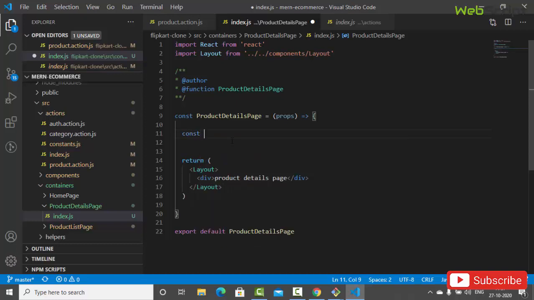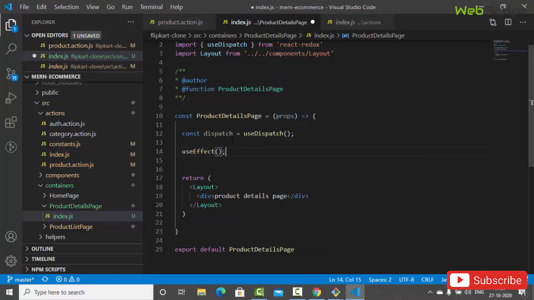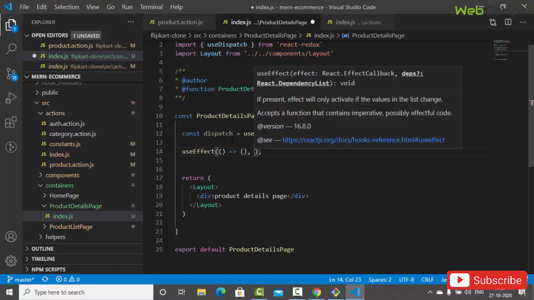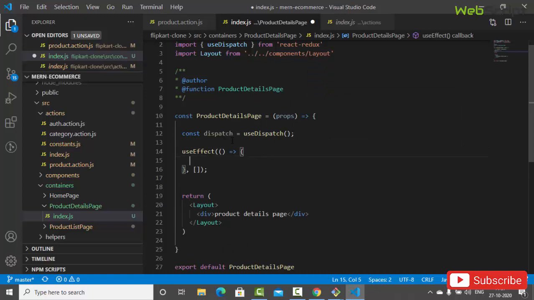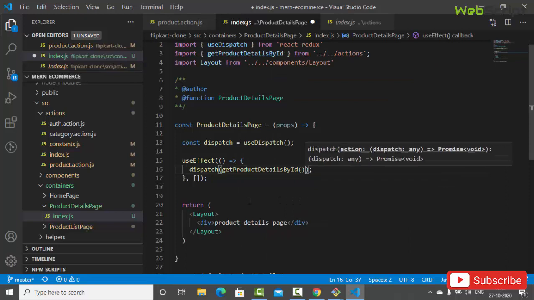So write the hooks first, dispatch equals to use dispatch, and then use effect. So it will be like component did mount or did update. Oh, it is, yeah, component did mount, and then here we'll call dispatch, and here we'll call the actions. So you can get the action get product details by ID, right? So which takes a payload, right? So we'll create the payload,